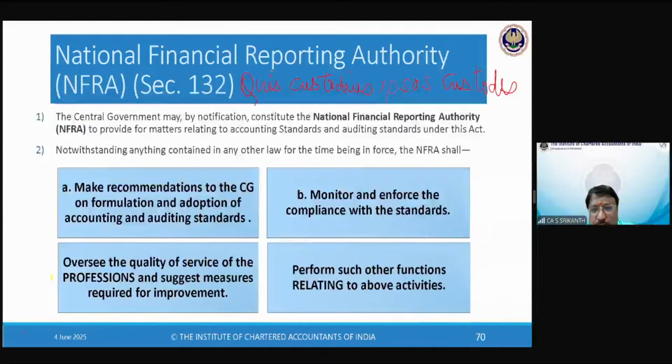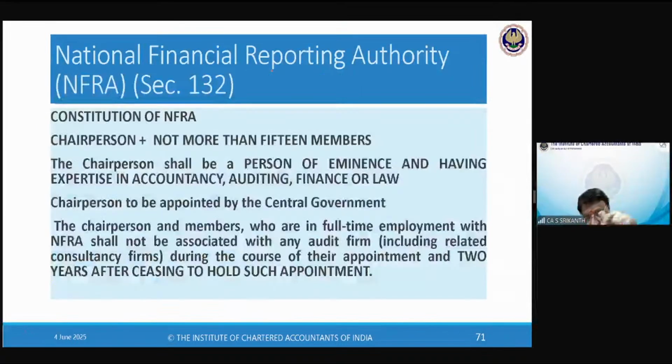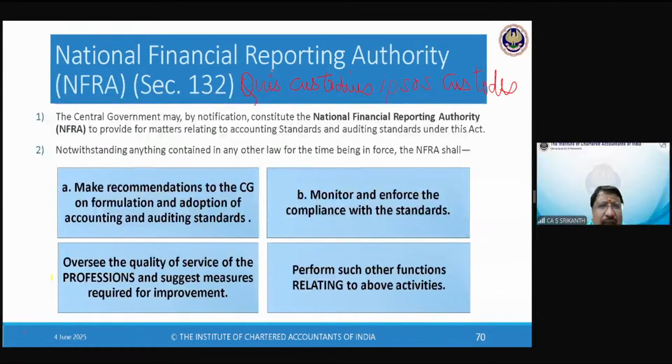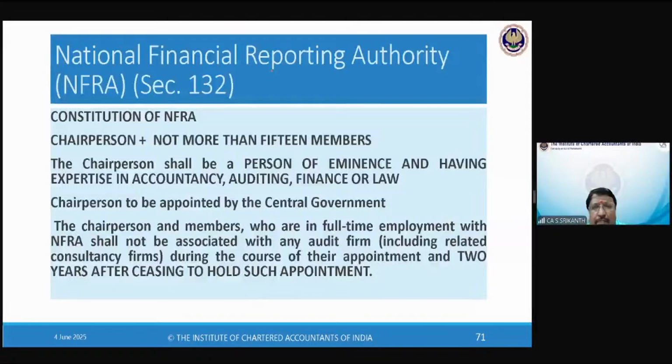It is very delicate. As a subject studying in the books, and maybe writing exam answers and getting marks, you can. But it goes to the root of the audit and attest function. It hits everybody. We'll see the type of companies. Anybody who's auditing such a company is out. He is caught. He is on the NFRA net. Having said that, this is again another government department. I'll leave it at that. The NFRA is also part of a government department.